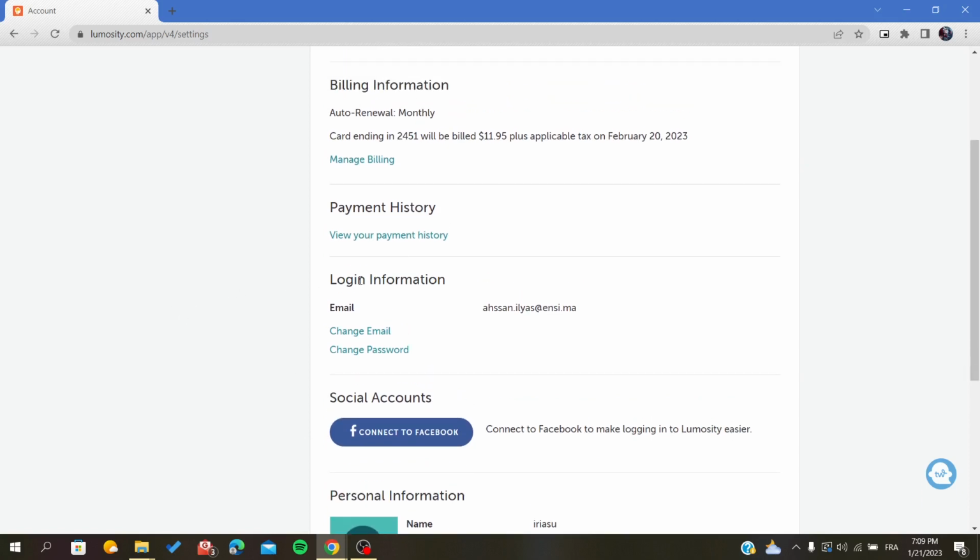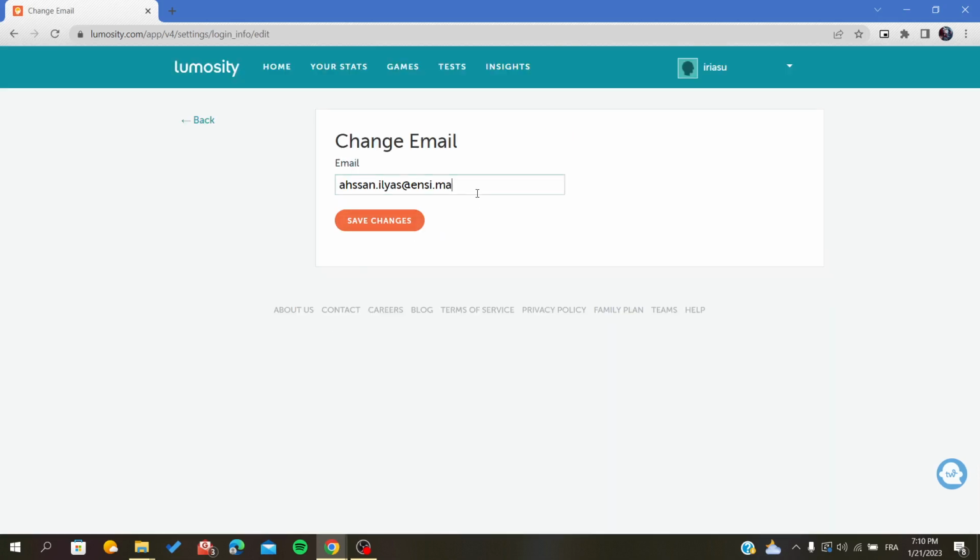To edit your login informations, you should choose either if you want to change your email or password. Let's suppose that you want to change the email, so we have to click on this button here. Here, you will fill the new email that you want to set up, and all you have to do is click